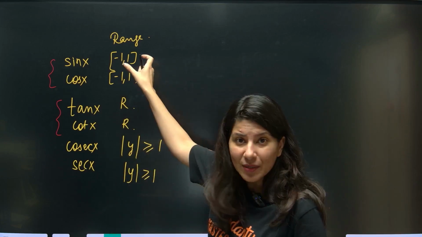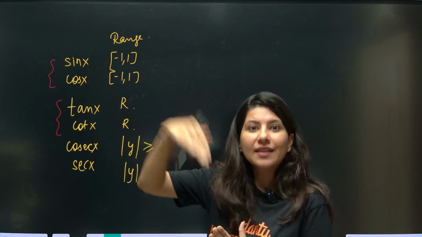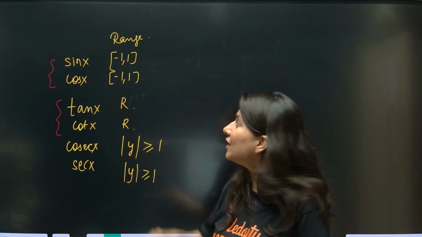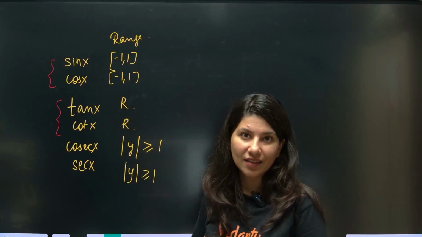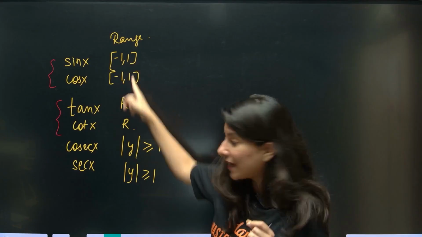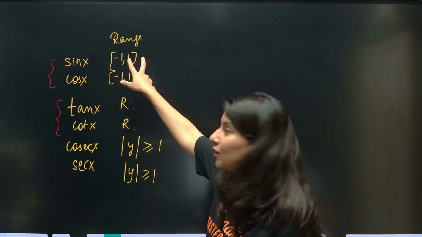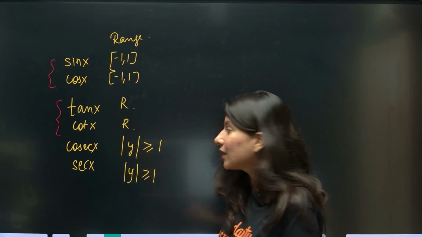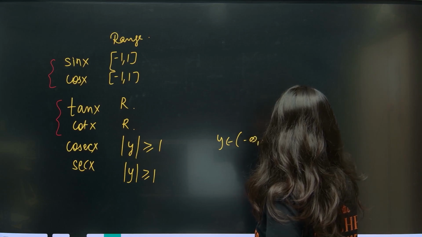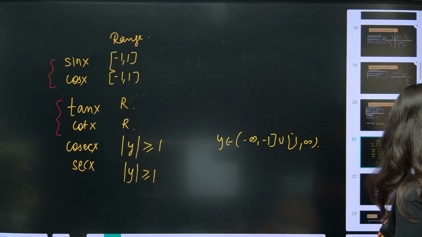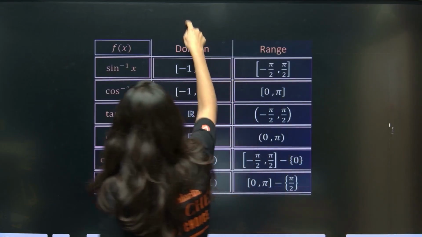Understand now, cosec and sec. So, sin x is minus 1 to 1, no? Now, cosec x and sec x, both will be greater than or equal to 1 and less than or equal to minus 1. So that area which sin x and cos x is leaving, cosec and sec will pick. 1 to infinity is not allowed in sin x, but 1 to infinity is there in cosec, and vice versa. Minus 1 to 1 we are not taking. So y belongs to minus infinity to minus 1, union 1 to infinity. Okay, these two values.